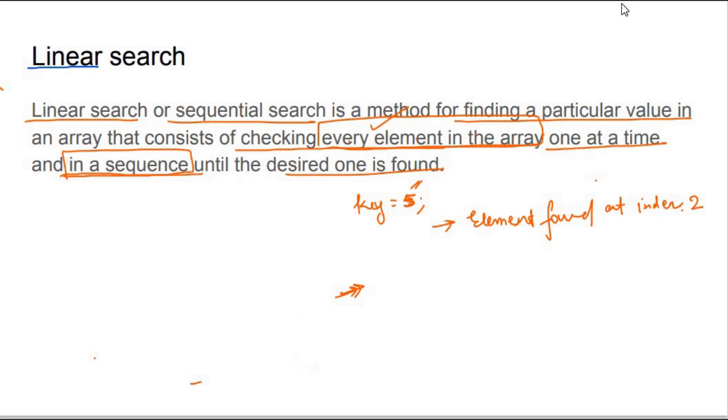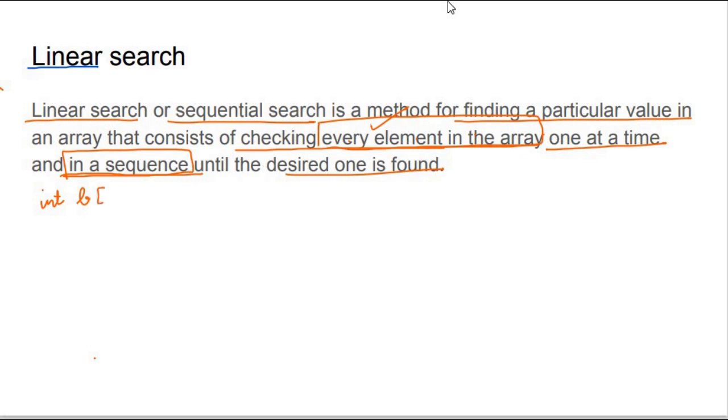Listen. Suppose I have an array. The name of the array is B, and it has some elements: 9, 8, 14, 2, maybe again a 9, again an 8, again a 7, again an 8, again a 2. Say this is my array, and my search element or key element is 8, meaning I'm searching whether 8 is present in the array or not.